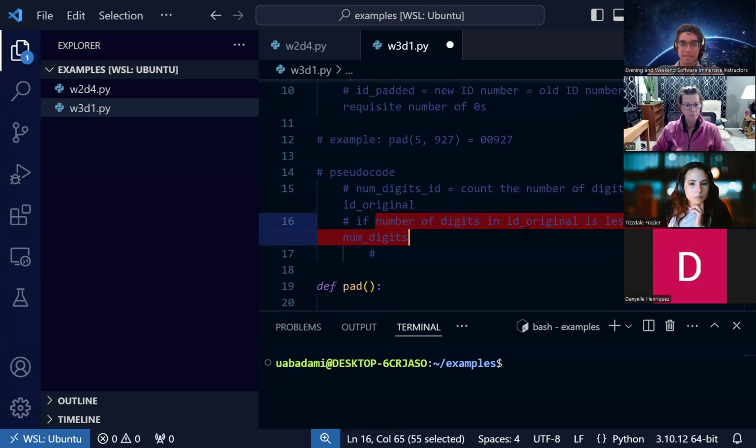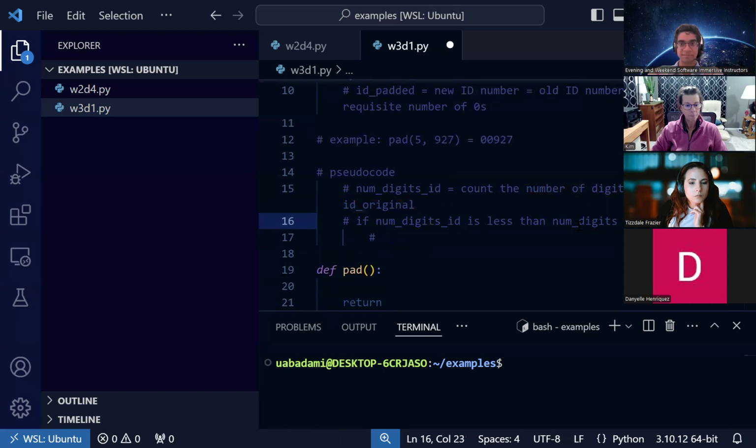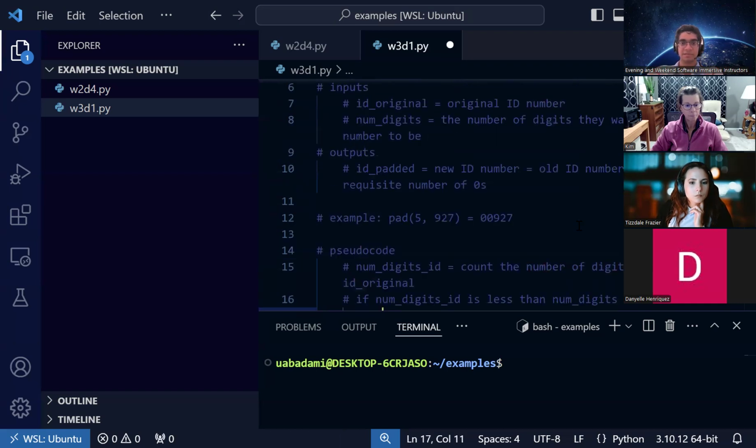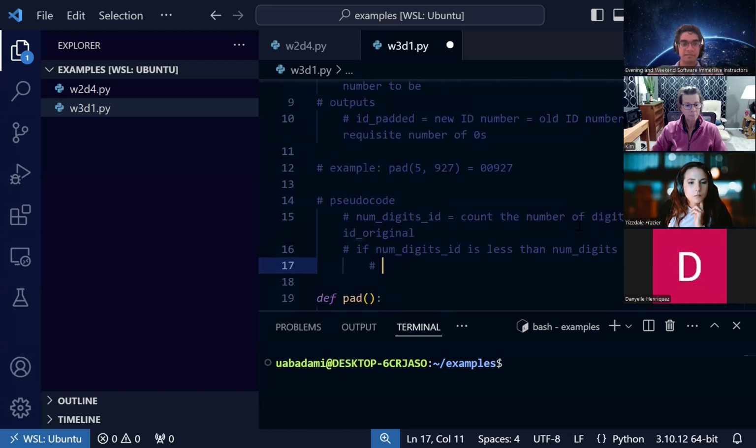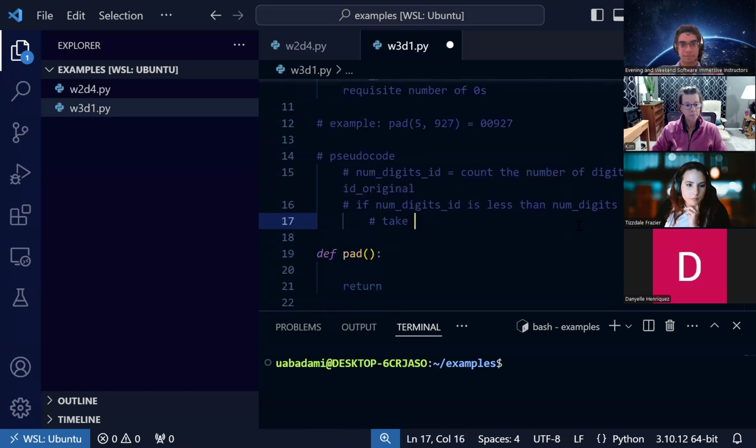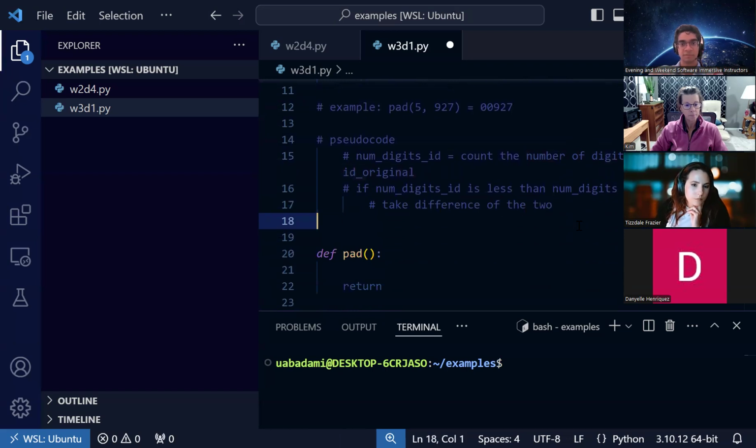And then we can change that to say if num digits ID is less than num digits, then we would, let's see, sorry, what was the get second part again? Get the difference. Okay, take the difference of the two, and then take that difference and put that many zeros at the beginning of